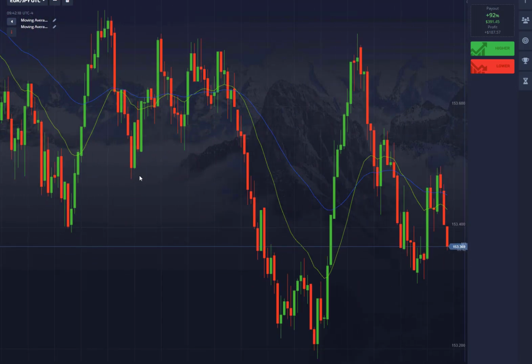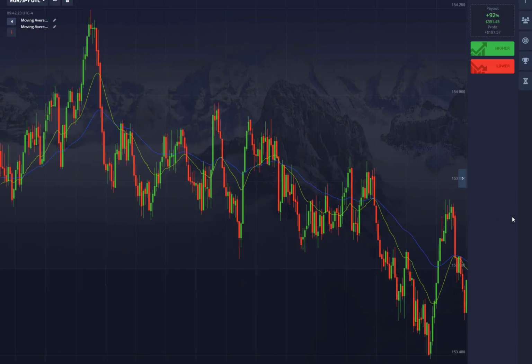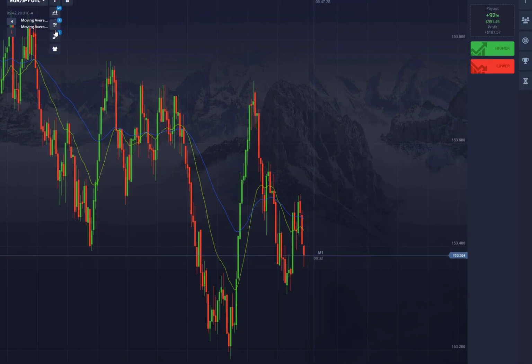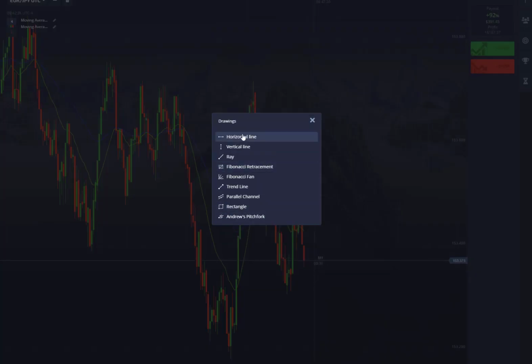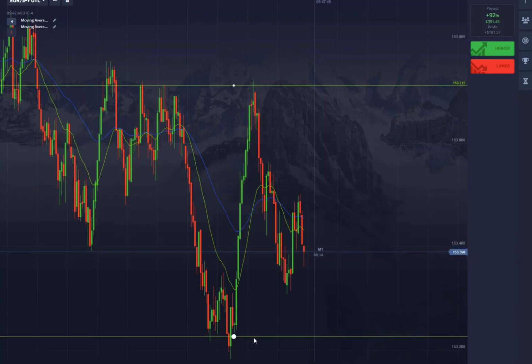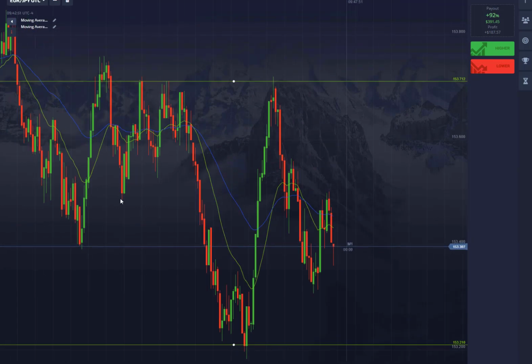Euro yen starting to look real rangy. Might have something to box up and come back to here. Let's do it. We got plenty of touches here. Plenty of touches right there. On the bottom, we got just this one big touch. And that's how we'll mark up a range and then just wait to see